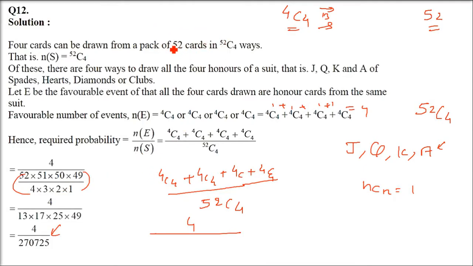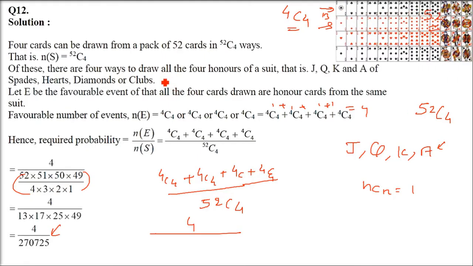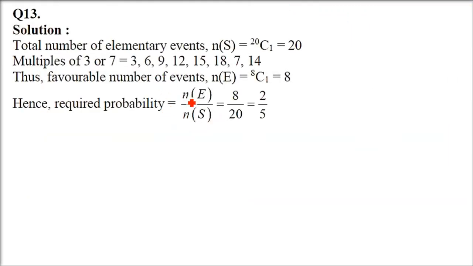People ask me why you don't answer the question. See, this exercise has 44 questions. If we start doing it one by one by hand, it will take 3 to 4 hours. That is why I put this solution in front of you. Then I tell you the logic, the reasoning, and the approach to the question: how to do it. And I cannot write the question because it will be a copyright issue.